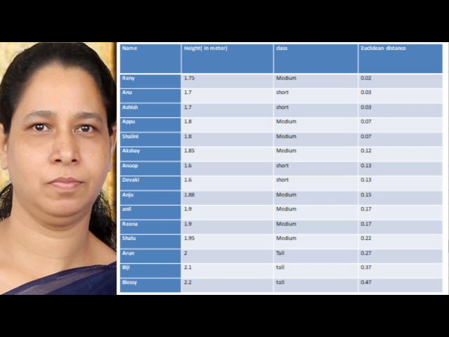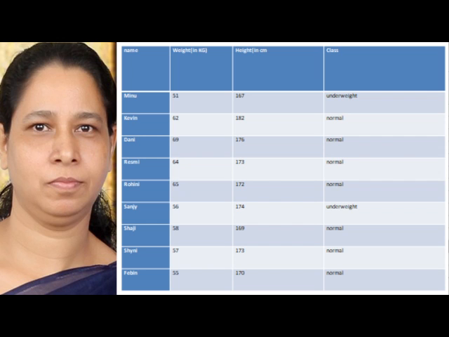Then the 5 nearest neighbors of Revati are Reni, Anu, Ashish, Appu and Shalini. Their classes are medium, short, short, medium and medium respectively. The class label of 3 of the nearest neighbors is medium and 2 are short. Hence, Revati is classified as medium based on height. This is a very simple example. Only one attribute determines a class label.